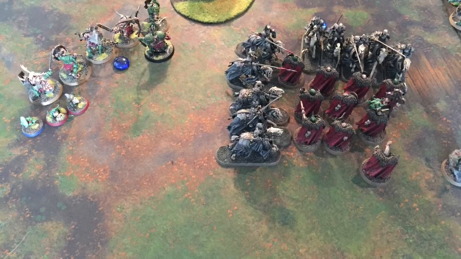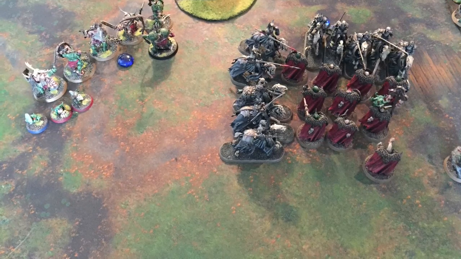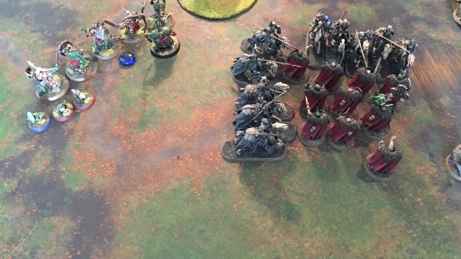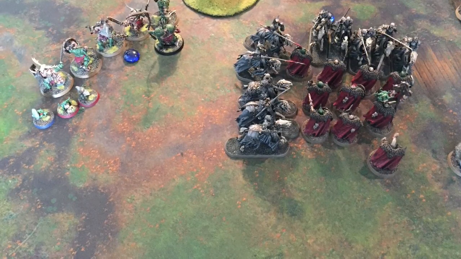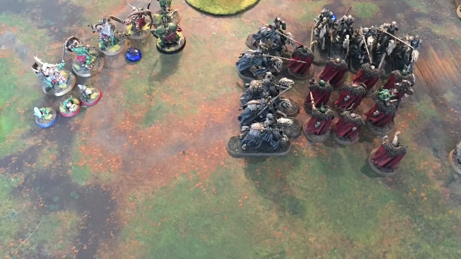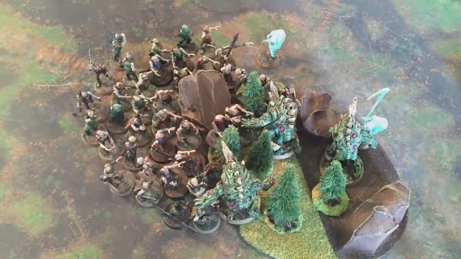So that was rubbish, because these current Chaos Warriors didn't have any buffs on them or anything, and they were about to take 10 Black Knights in the face, and one of those units of Black Knights can pile in and attack twice because of Van Hel's Danse Macabre. So that wasn't great. Then over here,